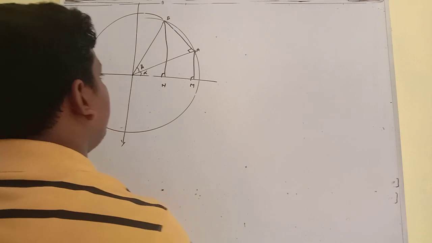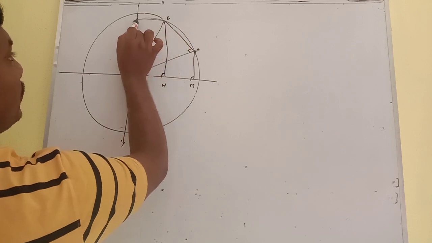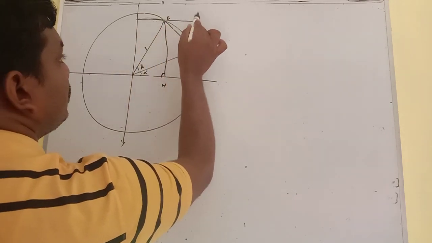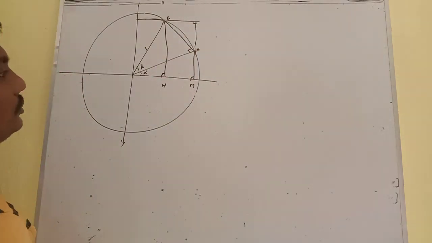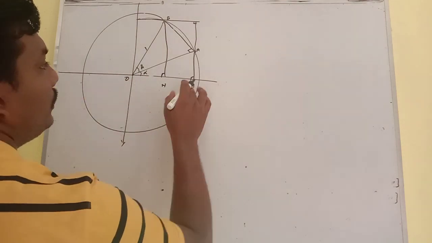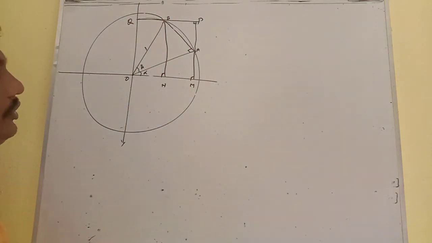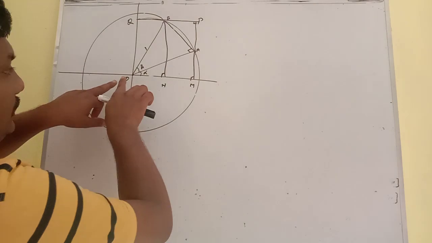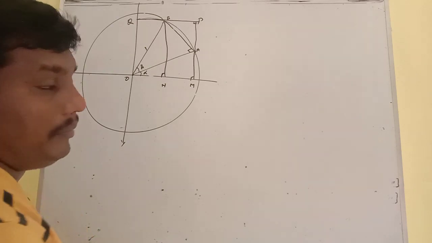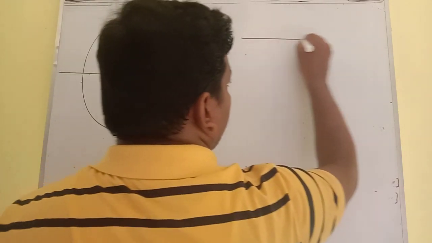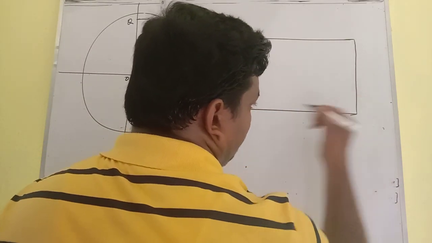If you extend this, this is one unit circle. If you draw a perpendicular to this and extend it like this, and this perpendicular is also extended, it again becomes a perpendicular. I am taking this as O, M, N completed. This is the P point and this is the Q point. So it is considered as a rectangle, OMPQ rectangle. For our better convenience, I am going to consider this rectangle clearly, beside.